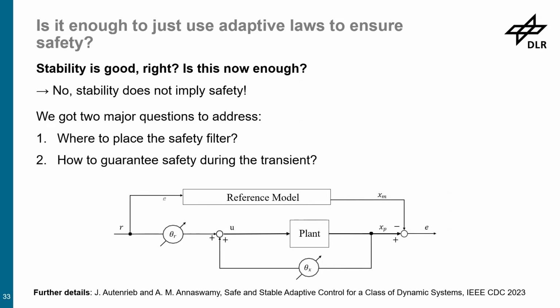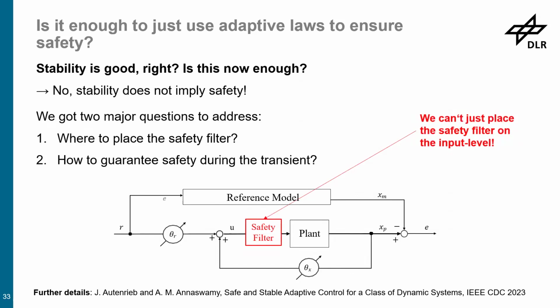We have this reference model, plant, the adaptive controller, right? You see here. The classical CBF safety filter would be placed, at least in the theory, right there, right? The problem is that for direct adaptive control, the whole knowledge on how to adjust the closed loop system such that you will converge in your behavior towards the reference model is here, here, and here. It's in the gains, right?